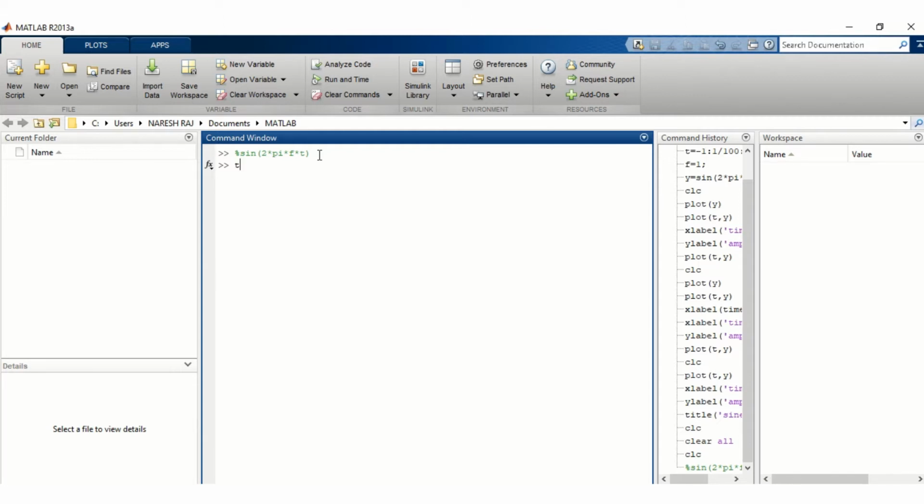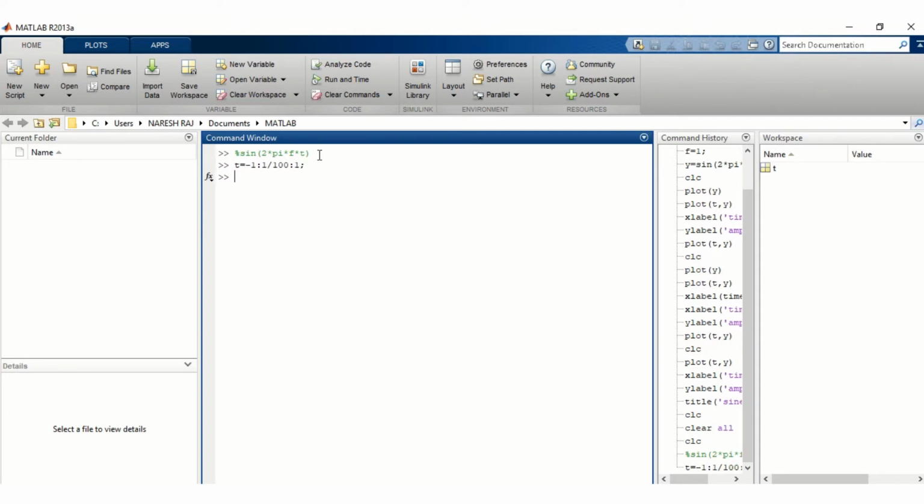Assume t equal to -1 to 1, with a spacing of 1 divided by 100, so the spacing between the elements is 0.01.